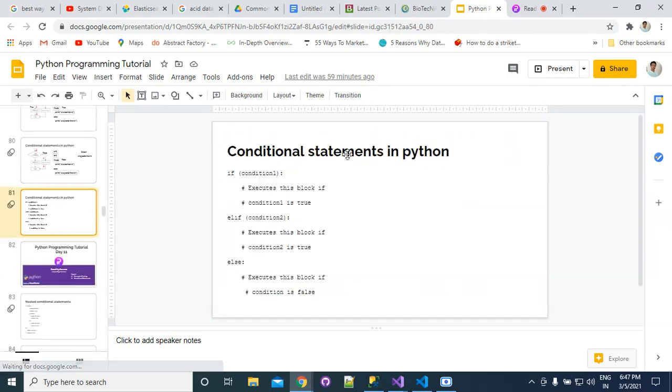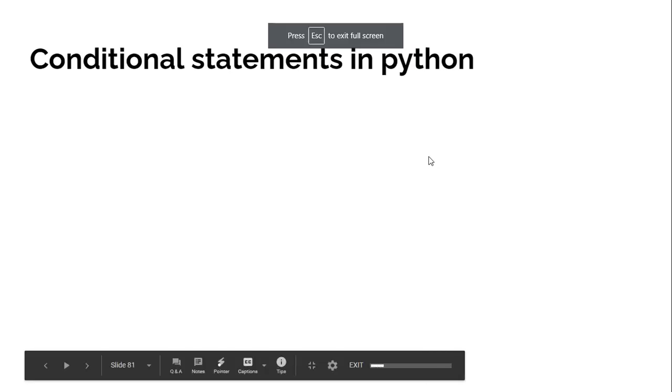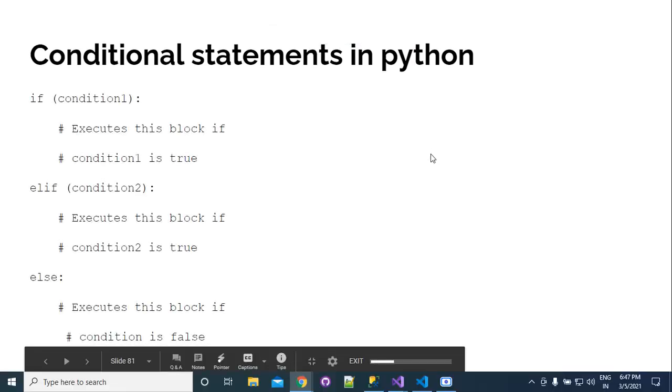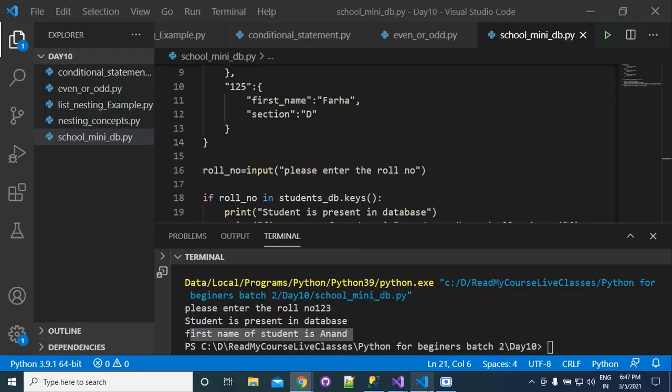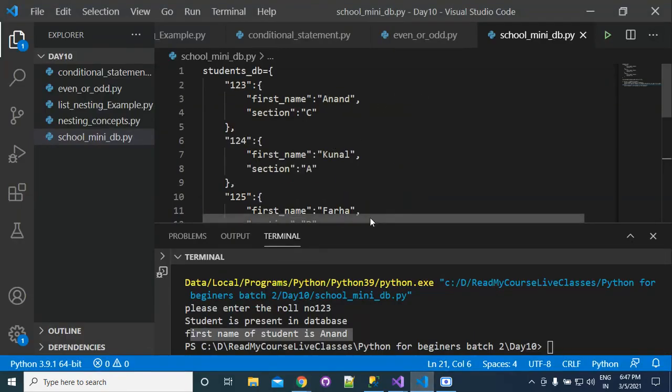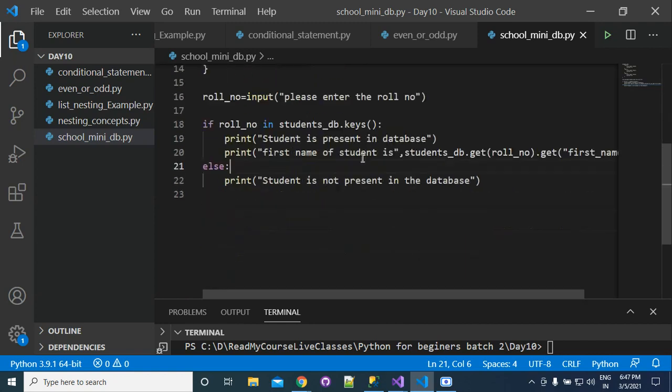Okay, so I think it is clear to you. Now I am giving you the example of conditional statements where we have more than one condition. So what is the importance of such statements? Suppose we want to check how two numbers are related. What is the possible outcome if we are comparing two numbers?